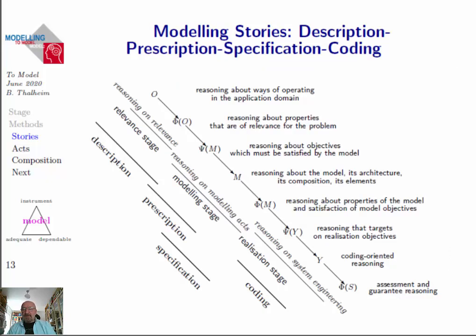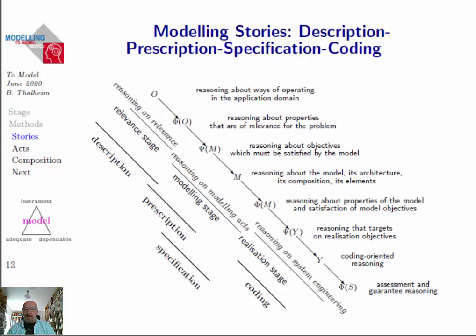If we go now for this kind of frameworks, then we have first the relevance stage, we have the modeling stage, we have the realization stage. This requires a specific reasoning on description, reasoning on prescription, reasoning on specification, and reasoning on coding. That means we are reasoning about the ways of operating in the application domain, about properties that are of relevance for the problem that we target with the model, for reasoning about objectives that must be satisfied by the